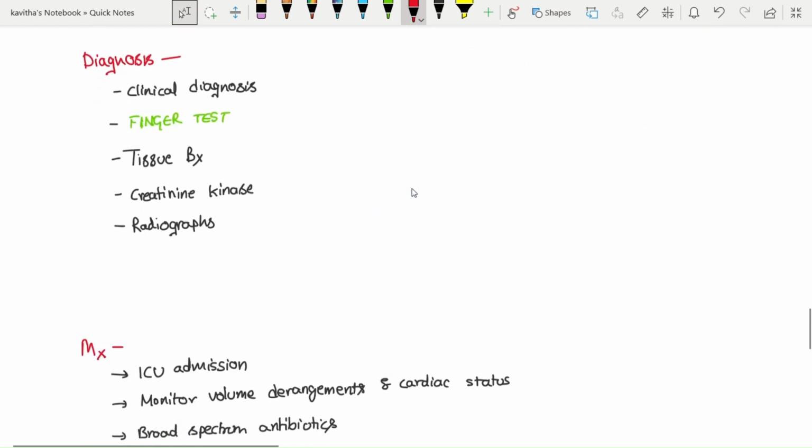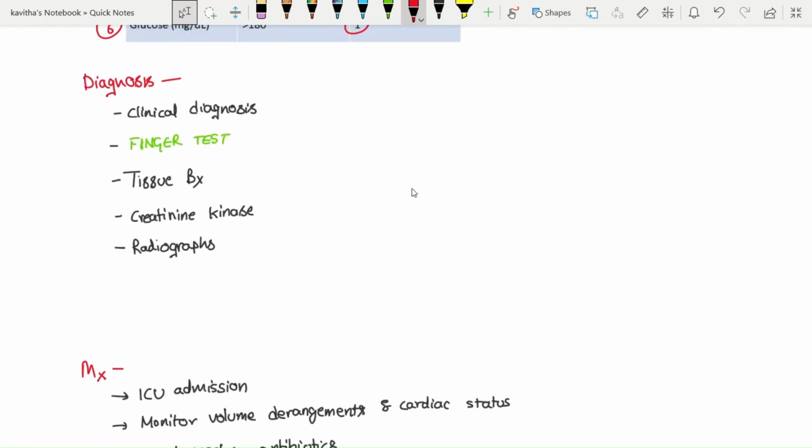Next, diagnosis. Mostly necrotizing fasciitis is a clinical diagnosis. Based on the clinical local manifestations we have discussed, you can diagnose the patient. And if you want to do some other tests, there is something called the finger test. What is it? If there is a limb, extremity with a discoloration, edema, and the features suggestive of NF, and let's say this is the area of discoloration, then